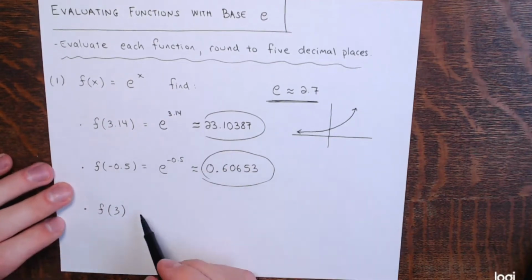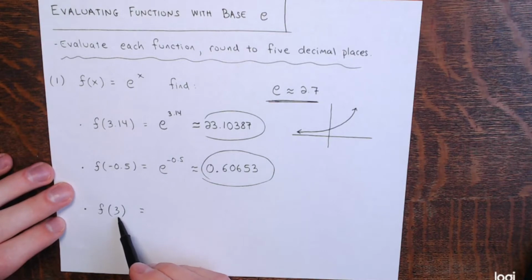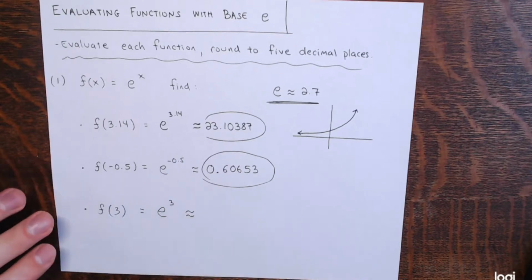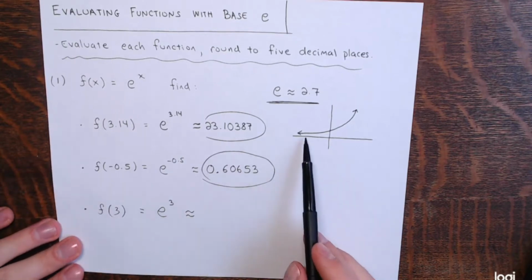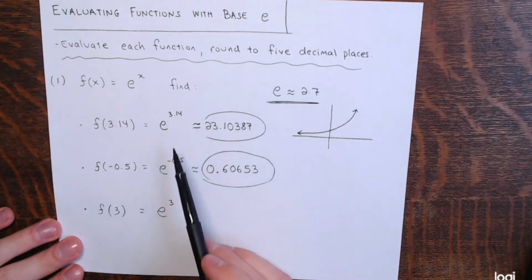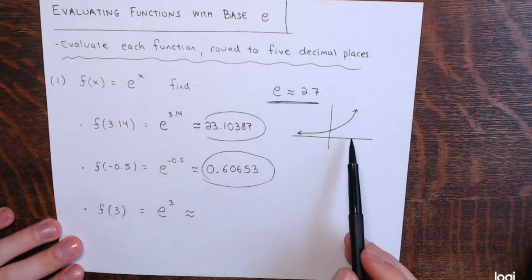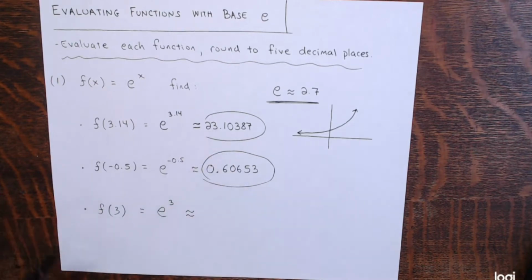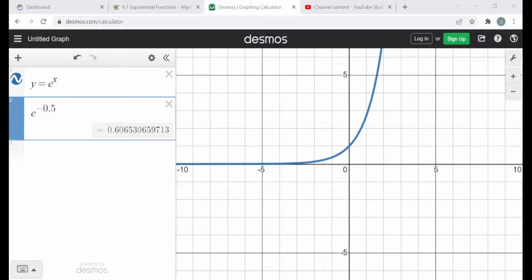And then what's f of 3? Just input 3 for x. This would be e to the 3rd power. Which again, we're asked to approximate. Now, being that it's an increasing function, it should be smaller than e to the 3.14, right? Because that input's bigger. The bigger the input, the bigger the output, according to my graph. So this should be a little smaller than e to the 3.14. We'll see that. So just going back here, changing my exponent